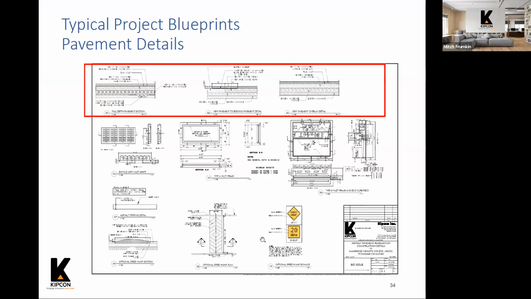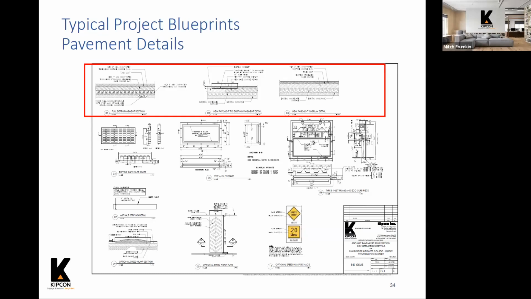This particular detail sheet is for a paving project. So these top three details here are what to do when different pavement conditions are encountered. When a pavement project is performed, generally what typically happens is the contractor comes in and mills off the top 2 inches of asphalt and makes any repairs to the base course and puts down new asphalt, a new